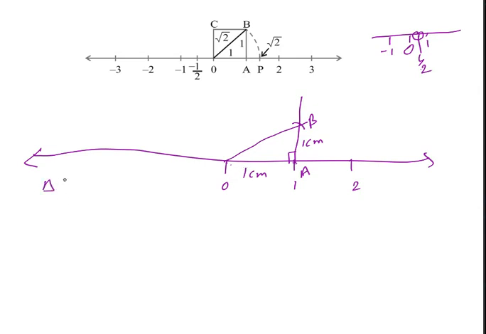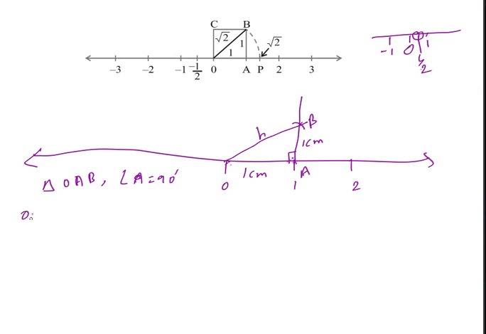In triangle OAB, the angle at A is a right angle, because at point A we drew a perpendicular and over that perpendicular we drew an arc of 1 centimeter. That point and this origin O, if we join, we get a line. We'll apply the Pythagoras theorem here. We need to find this length OB. OB is the hypotenuse, because it is opposite the right angle.